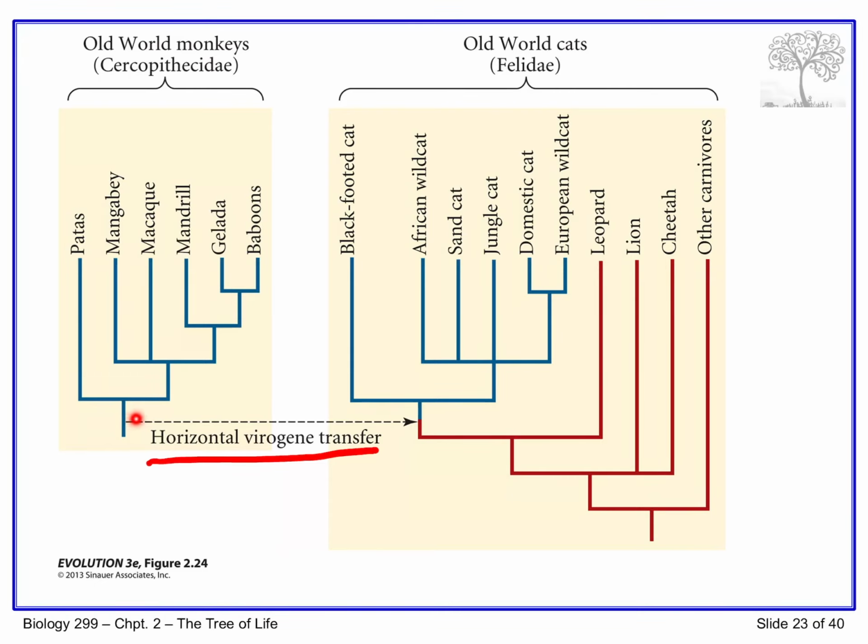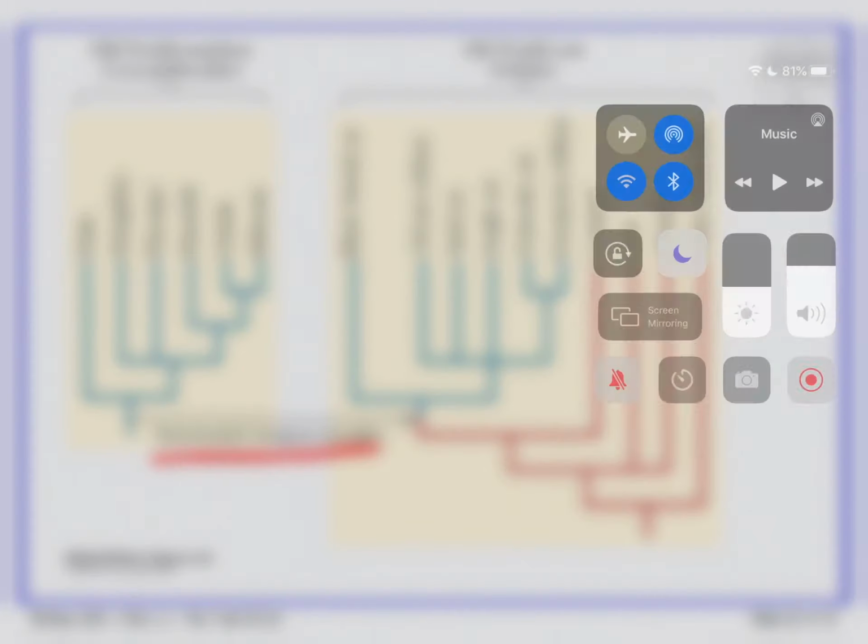And how could that be? The only way that that could be is because we probably at some point in the past had a virus that transferred a primate gene, a monkey gene, into the lineage of this group of cats, into their ancestor. And so if you're just looking at that gene, it might suggest that certain cats are closer related to primates than they are to other cats, which of course makes no sense. So these are the kinds of things that we have to look out for. These are the kinds of pitfalls that can cause problems for reconstructing evolutionary trees. Okay, that is it for